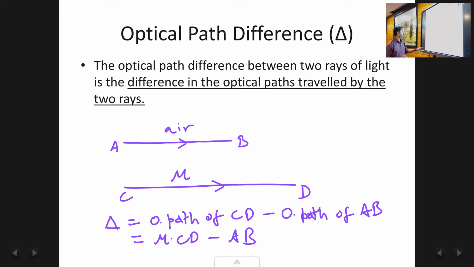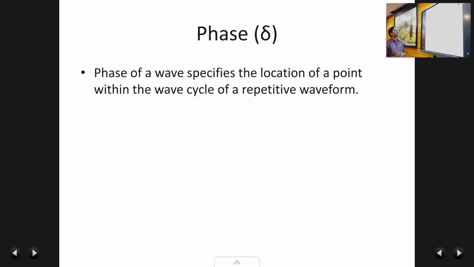So moving forward, what is meant by phase? Now we have talked about path and optical path. We now see another important concept called phase and phase difference. So phase is represented by the symbol small delta. Remember, capital delta, small delta, we are using the common notation because both are related to light. Remember, sometimes we represent light in the form of a ray, whereas sometimes we represent light in the form of a wave. Light also has a wave nature. So whenever we talk about light in the form of a ray diagram, we will be talking in terms of path and path difference. Whereas whenever we show light as a wave, we are going to talk in terms of phase and phase difference.